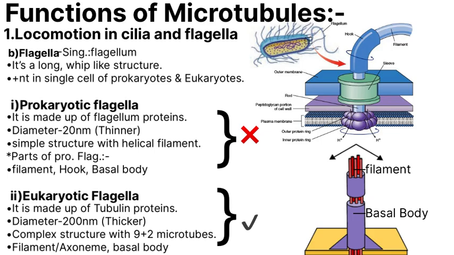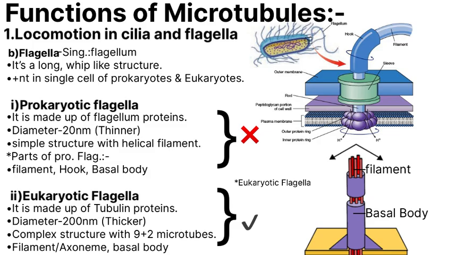And the eukaryotic flagella are generally fewer in number, usually 1 or 2 only. They don't have a special term for the number of flagella as the prokaryotic flagella do. Like Euglena or sperm cells have 1 flagellum, or Euglenites have 2 flagella, and similar to that. The parts of the eukaryotic flagella are the filament, which becomes the axoneme in it, and the basal body.